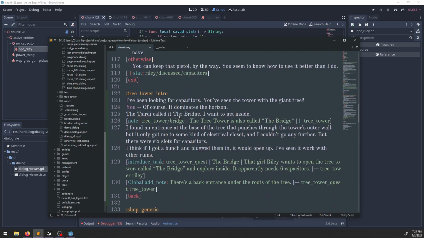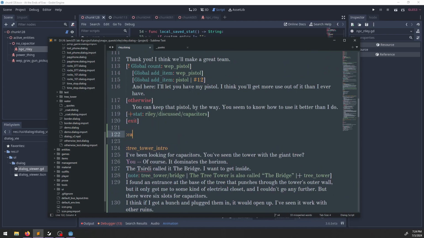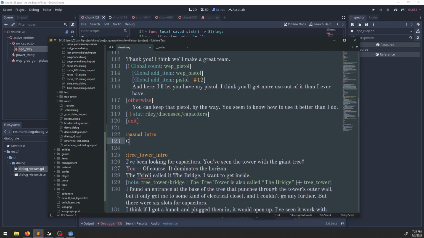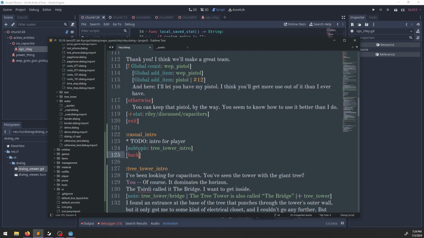Well, for now, let's just do a casual intro. So that's going to be casual intro. To do: intro for player. And this will just be subtopic, free tower, intro, back. Well, actually,